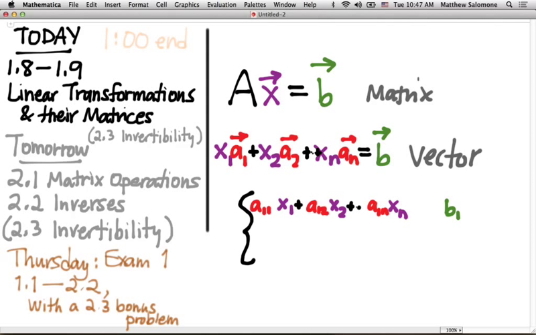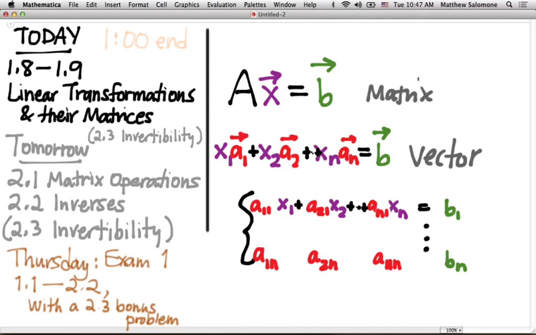Plus, plus, dot, dot, plus, equals. And then the same thing just with the nth component on the right-hand side and the nth components of all of the vectors on the left-hand side. So actually I have this slightly backwards. Just fix my subscripts. This is the first entry in A2 and the first entry in An in our first equation. Then we have the nth entry of A1, the nth entry of A2, the nth entry of An in our